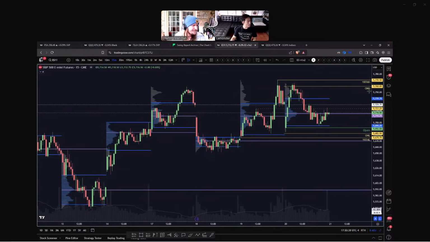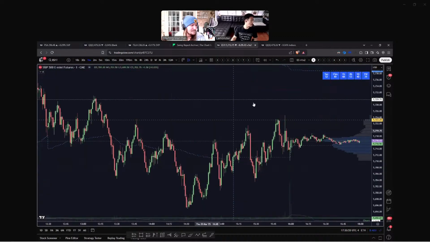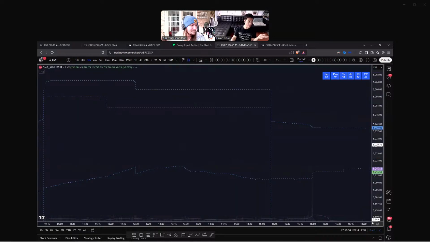Yeah, sure. When it comes to developing point of control, that is my dynamic indicator. So for Dan, it would be an EMA. For me, it's the developing point of control. 90% of the time, I use the developing point of control and value area on this chart. I usually have a three-pane chart here, and this low time frame 1 minute chart is usually where I'm dealing with the developing point of control